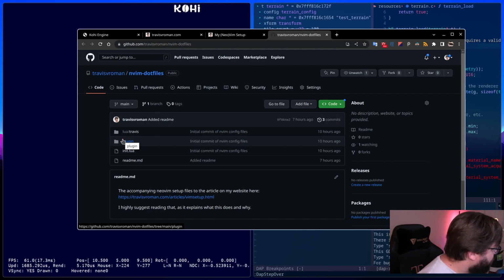Related to Vim, is this a recent switch? I thought you used VS Code. Yes, it is very recent. As in the last 4 or 5 streams, I think. I've been daily driving Vim at work for several months now, and I'm really, really loving it. And so I just found a way to translate that to be able to use it for this too, and I'm really liking it a lot so far. There's a couple kinks I still have to work out, but every day it's getting better.